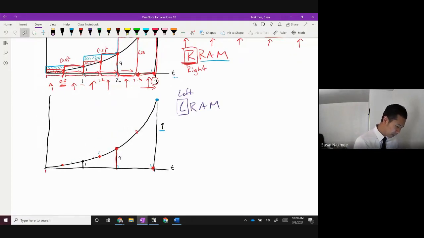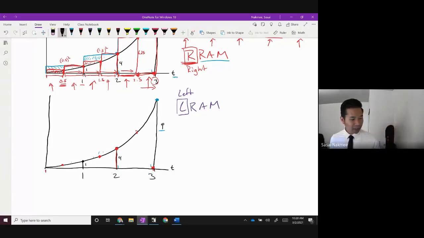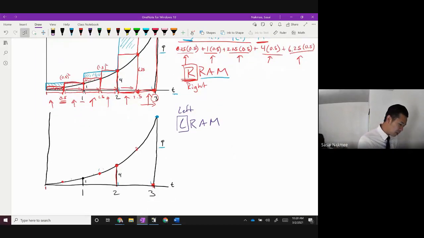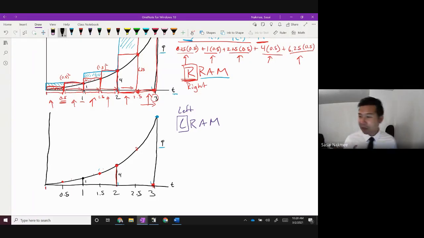So this right here from 1, 2, and 3. If I instead decided to go with the LRAM instead of the RRAM, I would do the same thing. Let's go with 6 rectangles again, though, because like we said, 6 was a better estimate. So the values we had here were 0.5, 1, 1.5, 2, and 2.5. Now, if I go with LRAM,